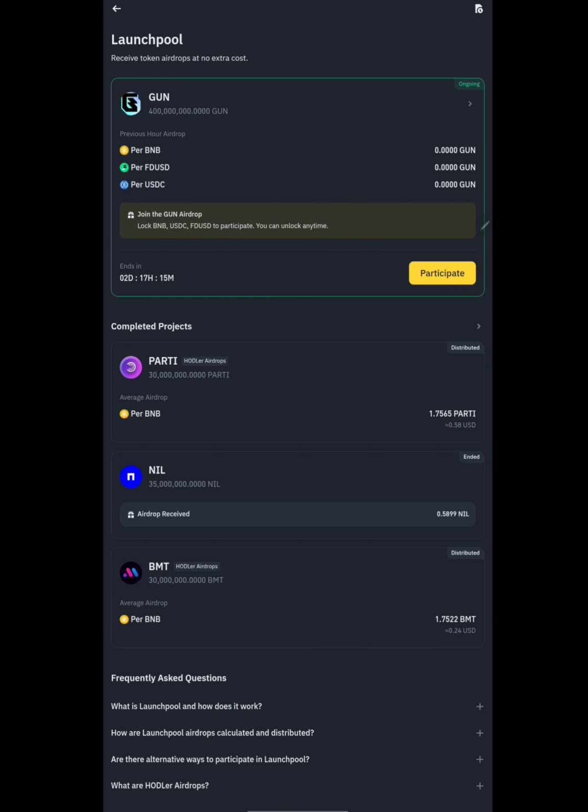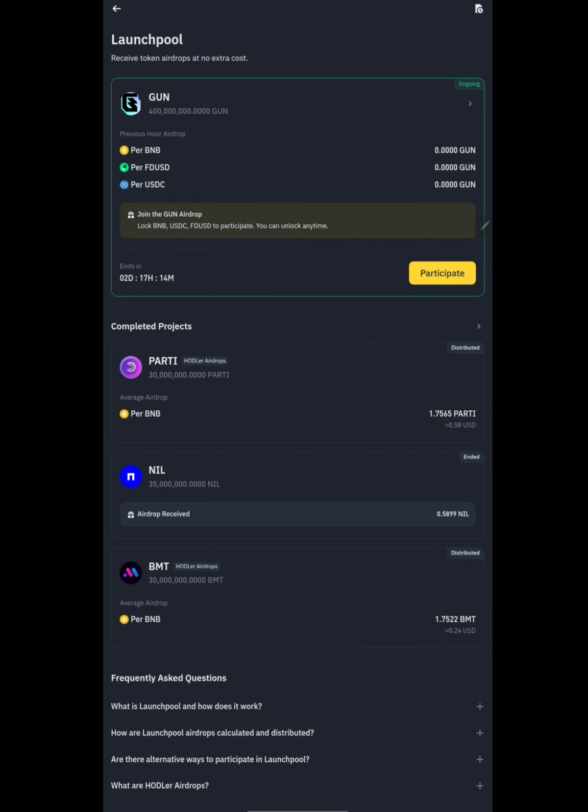So how do you actually participate in this launch pool in order to earn or share from this pool of 4 million GON? Let me show you what you need to do. To participate, you need to stake your BNB, or stake your FDUSD, or stake your USDC. Between these three options, I will advise you to go with USDT if that is what you have. But if you have BNB, then that is even the best. Before you can participate in any of these, you need to make sure that you have any of these three